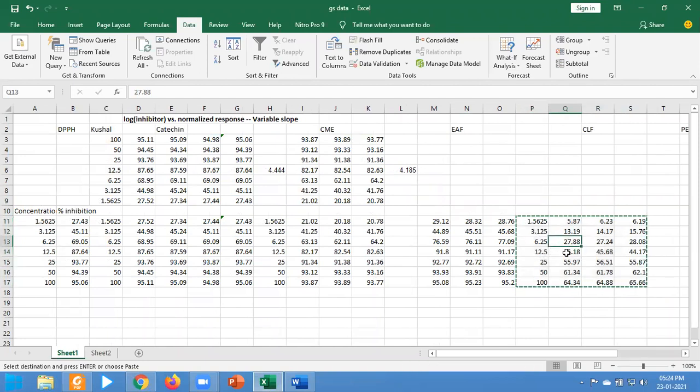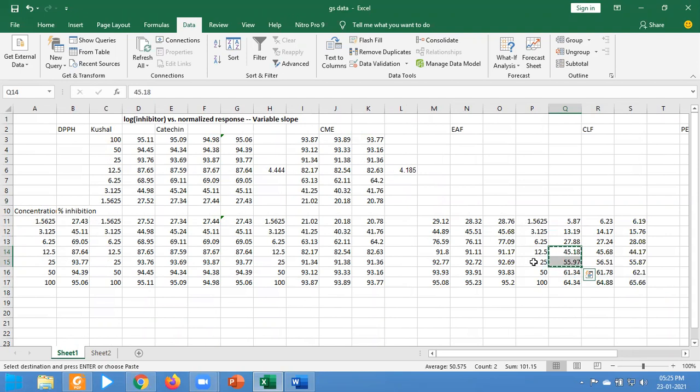Why? Because the 50% inhibition actually occurred within these two concentrations' range. So the result 7 is virtually irrelevant to the 50% scavenging.